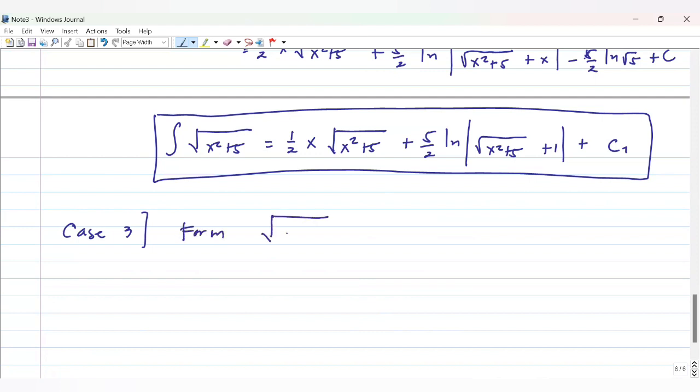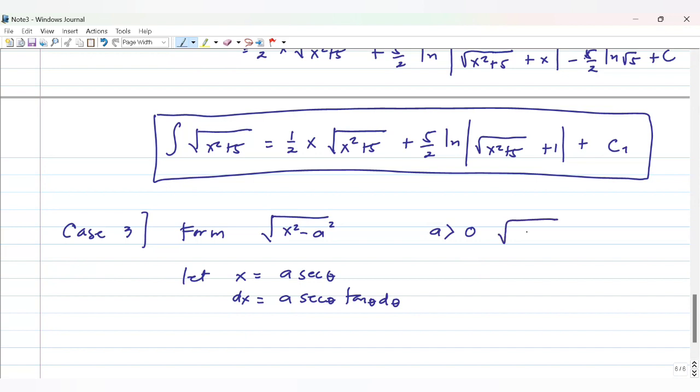that is the square root of x squared minus a squared. For the form x squared minus a squared, wherein a is greater than 0, we let x equal a secant of theta. And taking the derivative, we have dx equal to a secant of theta tangent of theta d theta. Okay, so if we substitute into x squared minus a squared, using x equal to a secant of theta,